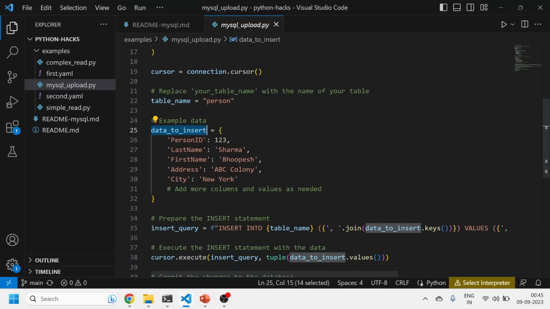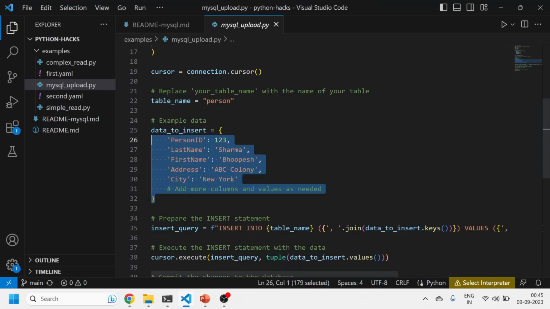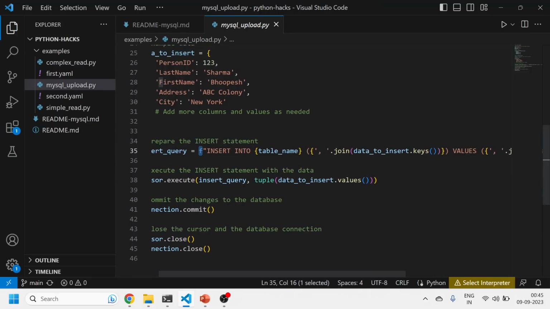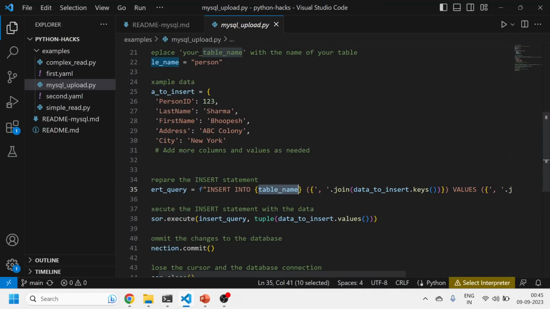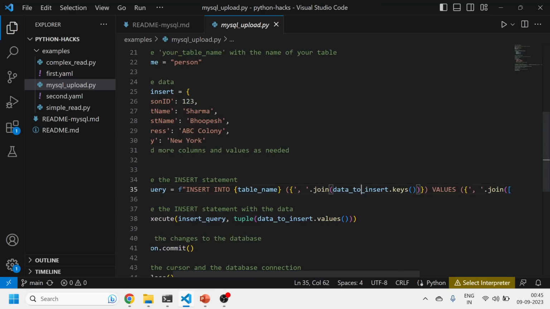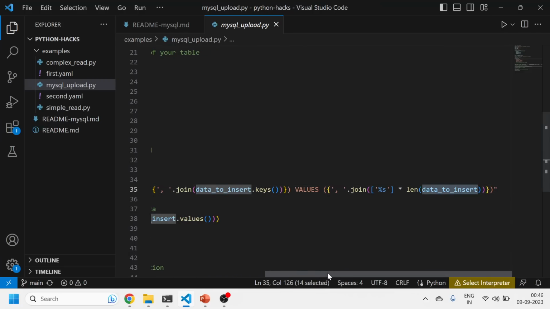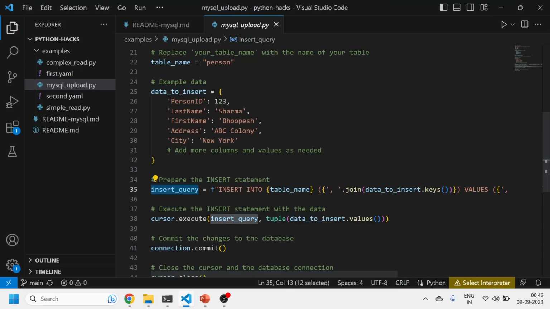So for the data to insert, we are creating a list, and it is a key value pair: first name, last name, address is a dummy address, and the city. Now this is the data that I want to insert into the table. Now this is a query that I'm preparing. Insert into, this is a string in a proper format. Insert into table name, the table name that you have already created, person, and these are the values. The data to insert is a key value pair basically, the keys and then the values. Perfect. So this is the data that I want to insert, and I'm executing this query